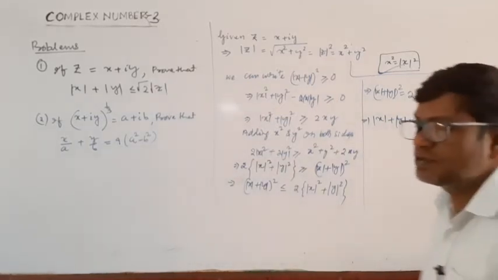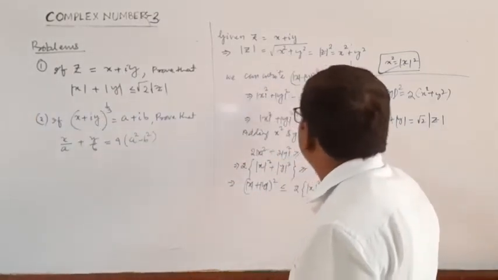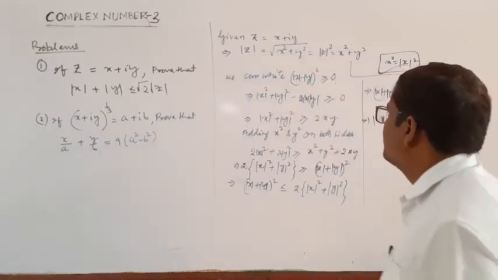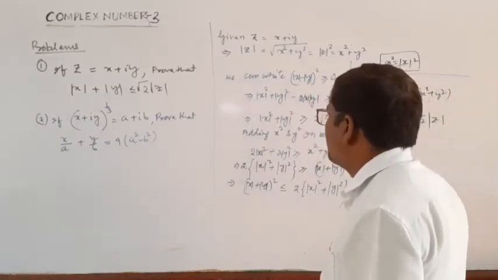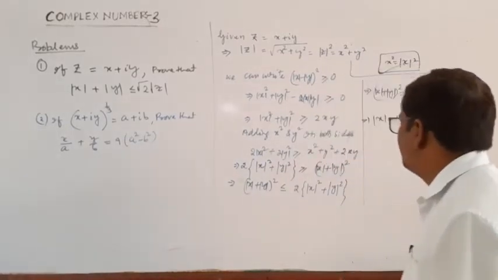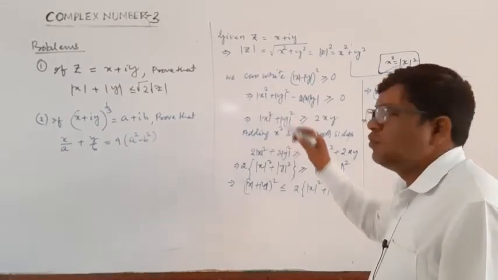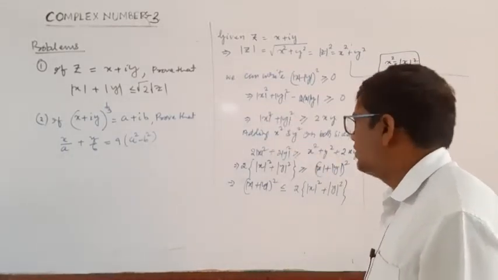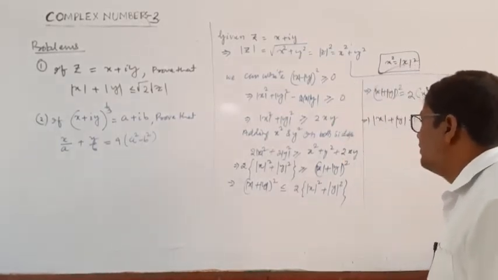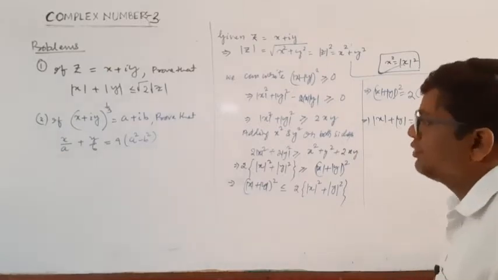This is solution of question number 1. Now starting, first take mod x minus mod y whole square greater than or equal to 0, apply a minus b whole square formula, then adding x square and y square on both sides. Clear? So this will be x square plus mod x square, x square is also mod x square is equal to mod x square, nothing. So this is completed. Now solution of question number 2.